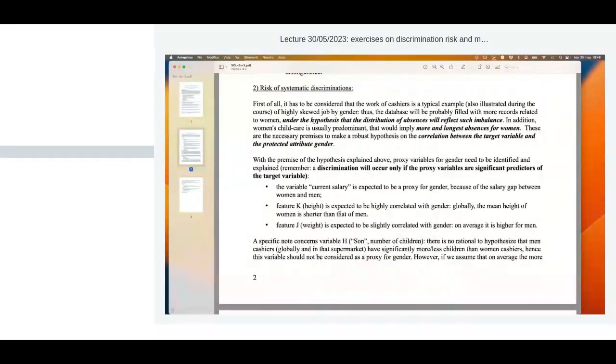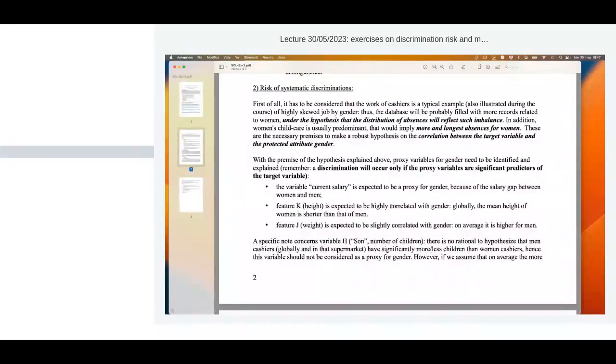Okay, we have some proxies. The most important one is the current salary. It was by design. I put it there because of the gender pay gap. Then what happened? I had many answers at the exam pointing out that age and weight are correlated to gender. That's true. I did not design the exam with that in mind, but I accepted it